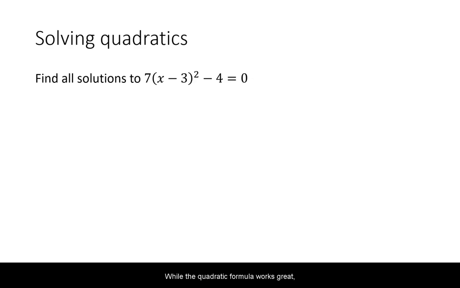While the quadratic formula works great, sometimes it's too computationally heavy for what we really need. An example is this problem. Whenever we have a case where we don't have a separate x squared and x term, we don't need to use the quadratic formula. For this problem, I'm going to solve it by undoing all of the operations to isolate